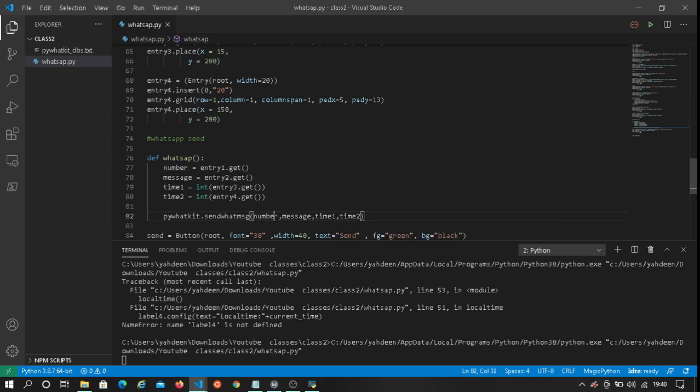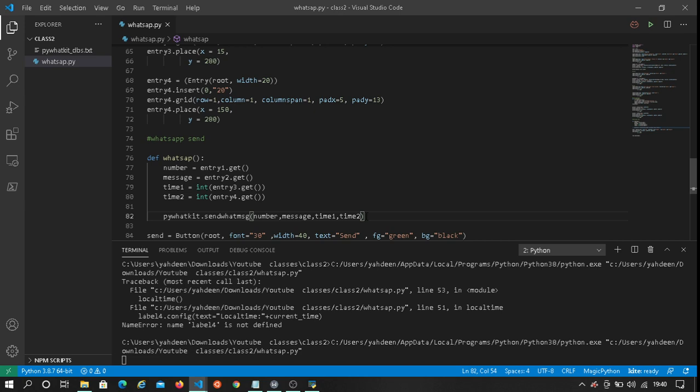When I found this script, we needed to write a string of a number, here was a string of a message, and here was an integer of the time, basically like let's say 3 or 03, and then in time 2 you write now and 20, so that stands for minute, and then the hour. So here it's the hour, and then here it's minute.